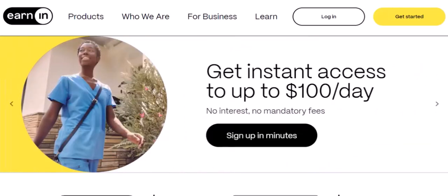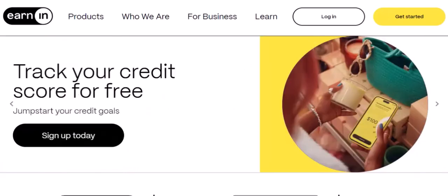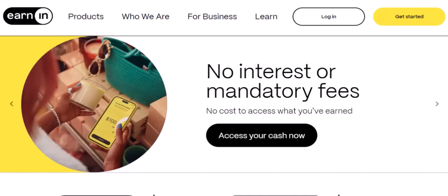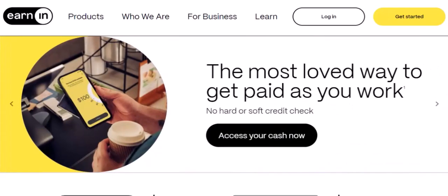It's not magic, and it's definitely not a traditional loan. Instead, EarnIn operates on a pretty straightforward principle, accessing the money you've already worked for. To get started with EarnIn's cash out feature, you typically need to connect your bank account and verify your employment. This usually involves linking your direct deposit information so EarnIn can see your regular pay schedule. They might also ask for information about your employer or require you to upload pay stubs to confirm your work